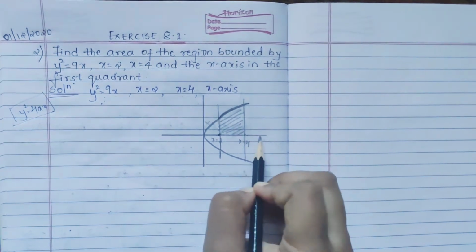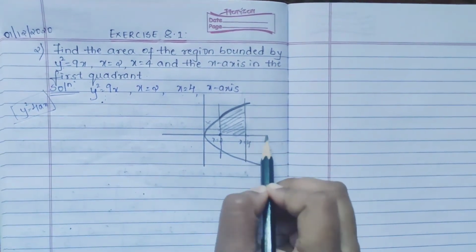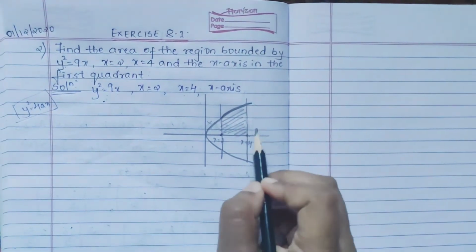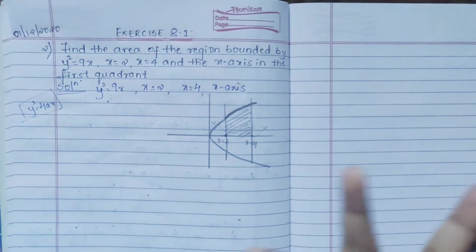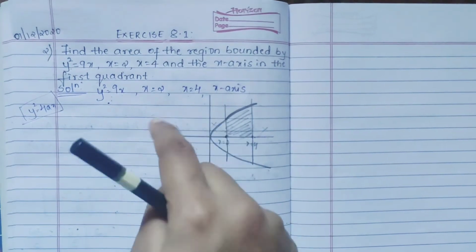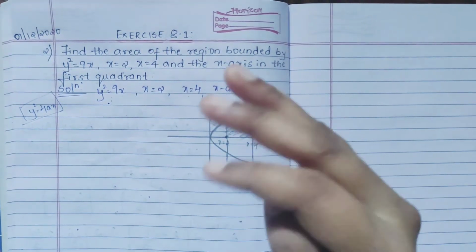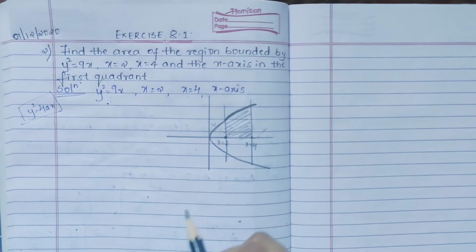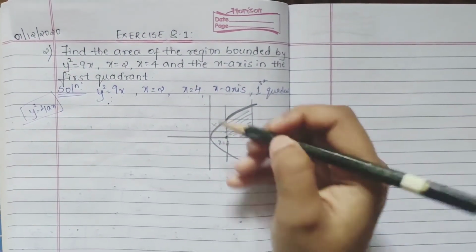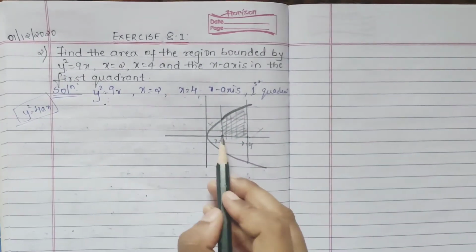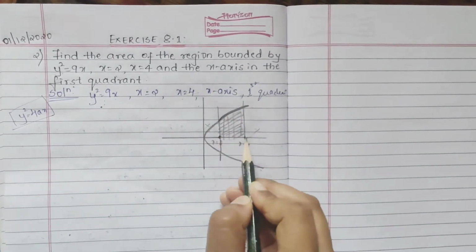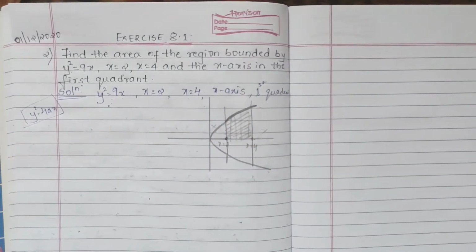If you consider here also, there is no parabola; you have only the x axis and the line x is equal to 4, but not x is equal to 2. So this region also you can't consider. And downward we are not considering because they have said first quadrant, so above only. Even if they don't mention first quadrant, please always go to the above part. Okay, yes, you have understood, right? So this will be the region from 2 to 4. So your integral also will be from 2 to 4, because only this region you are finding out. Beyond that it doesn't go.